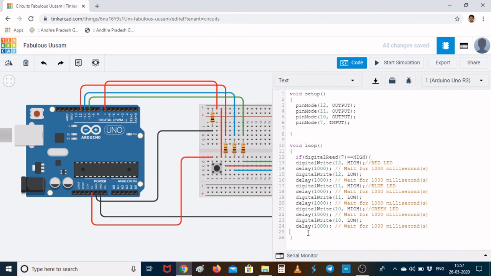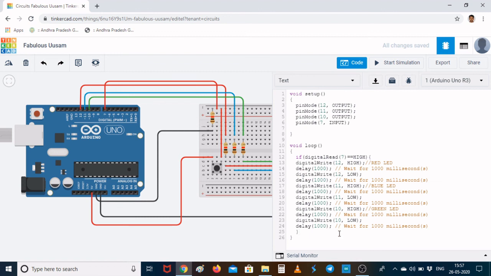So let us see what I have written here. I have initialized pin number 7 as the input, and I am checking whether this input 7 is high or not. Digital read of 7 means it is going to read pin number 7. If pin number 7 is high, then you do all these things.